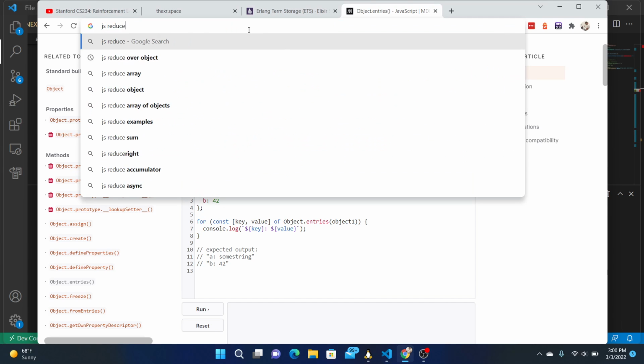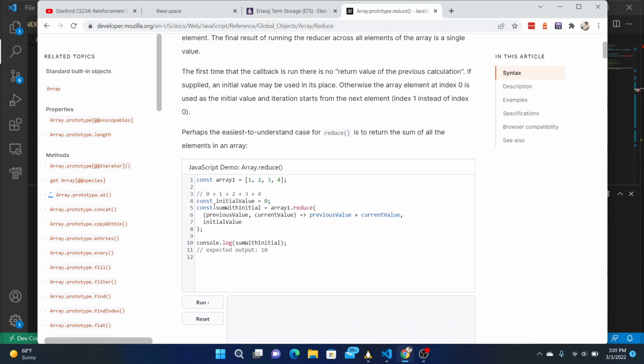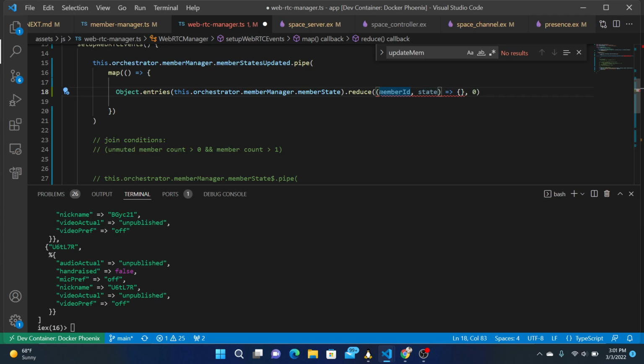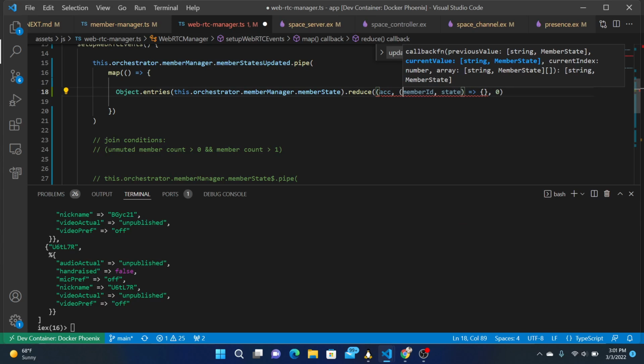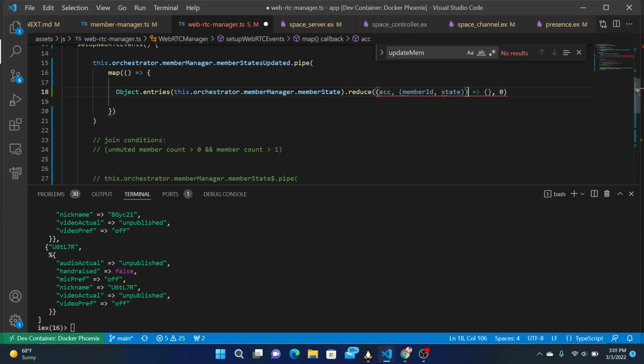JS reduce initial value, previous value, current value. Okay, so previous value is the accumulator, current value is that. Current value is